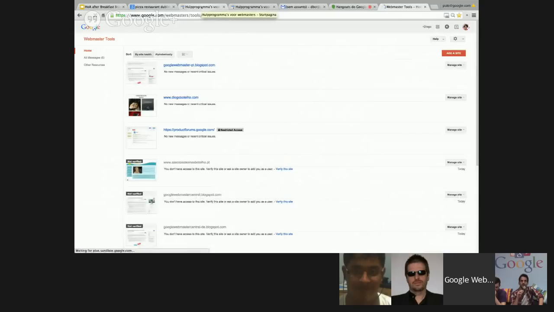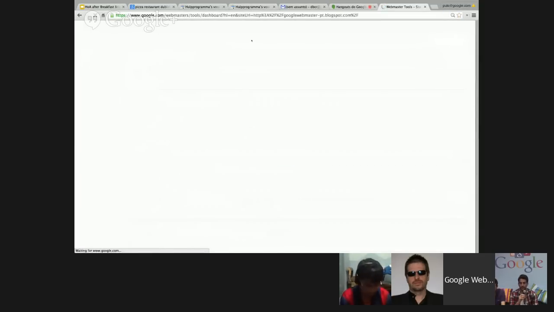Here you see a couple of different websites that I already registered under my name, but if you haven't registered your website yet, you can do this by pressing this red button here, which is add a website. There are different ways for you to add a website. For us to make sure that you're really the owner of that website, we will need to confirm your ownership, and there's a couple of ways you can do this. But after you register your website, you are going to enter the Webmaster Tools.